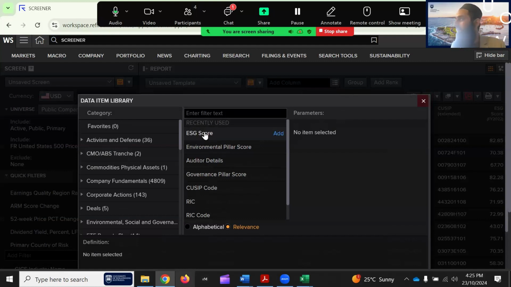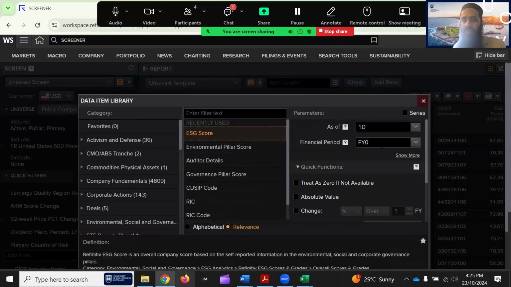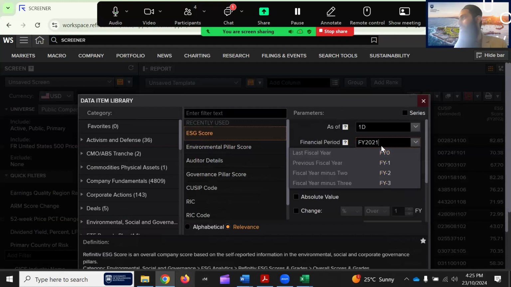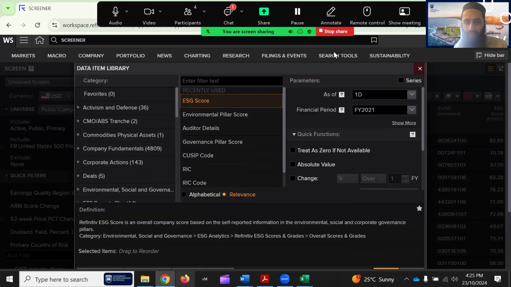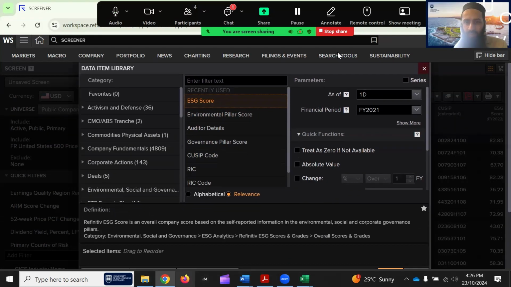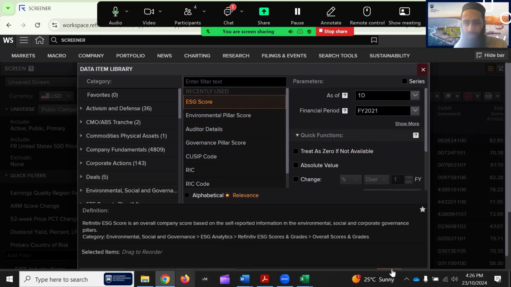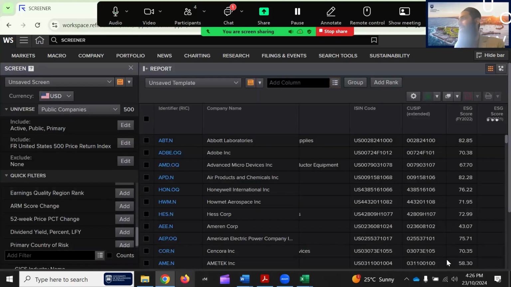Then I click on the launch data item library. My recently used variables will be appearing here. No need for searching again. Click on it, and instead of 2022, I write 2021. In that way, you have to repeat it. My laptop screen is smaller. Yeah, it's nearly there. Click OK. So two years have been added.